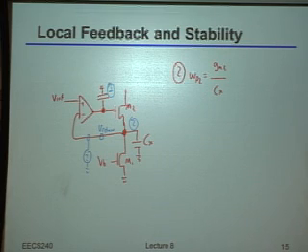Yes? Did you say why we're ignoring the RO? We are ignoring the RO for now. I'm ignoring the RO largely to just make the point, because it'll make things more complicated if you include the RO. But as long as the GMRO is high enough, that's a very reasonable thing to do. That wouldn't really change, in particular, it wouldn't change the location of this pole very much. It's just that there'd be extra poles that we'd have to think about. We'll deal with that in 1 second. Okay? So,